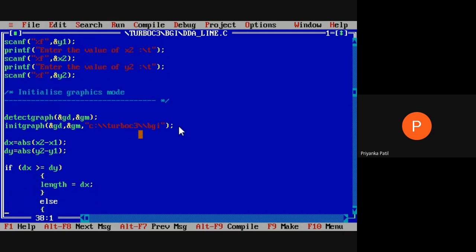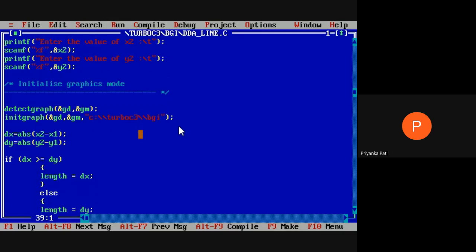After that, we can calculate delta x and delta y. We can use the abs function, the absolute function, which is accessed from the math.h header file. Then we check if the value of delta x is greater than delta y or not.